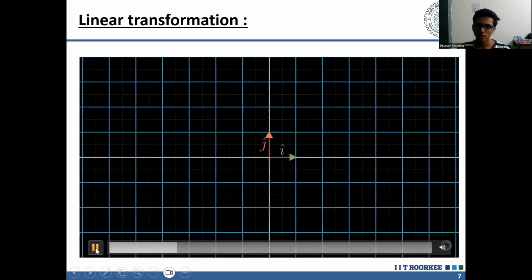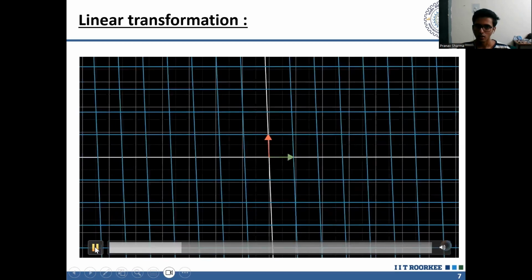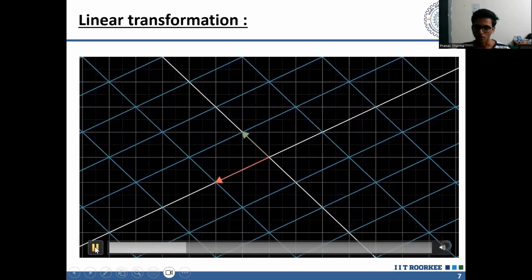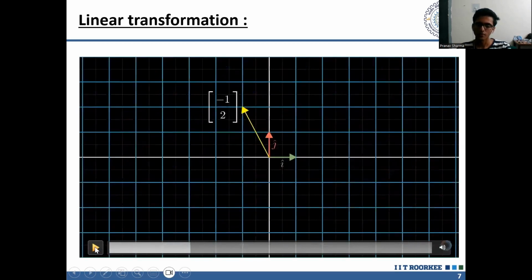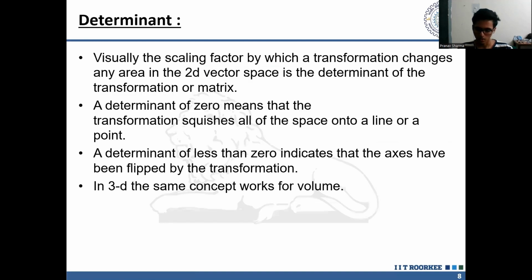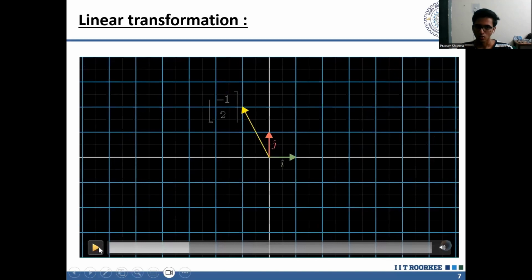We only need the i and j vectors, which are the basis vectors in the x and y direction, to describe a transformation in two dimensions, because every other vector can be described as a combination of these two vectors. So if we know, for example, how the vector -1, 2 is a combination of the i and j vectors, meaning with what coefficients, then after transformation also, as the transformation is linear,